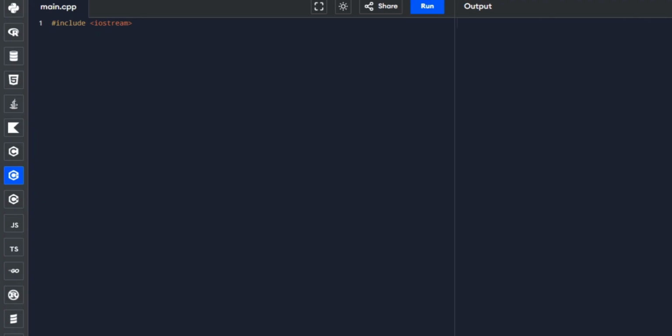And then after that, we will be making the standard library functions such as cout and endl usable without rewriting std. That's why we will be using this standard library part.